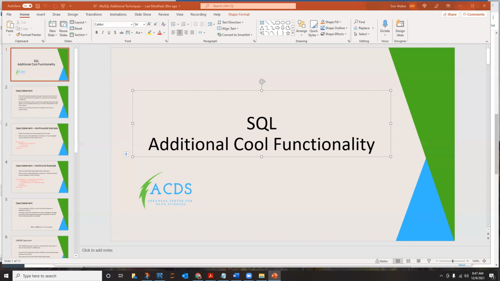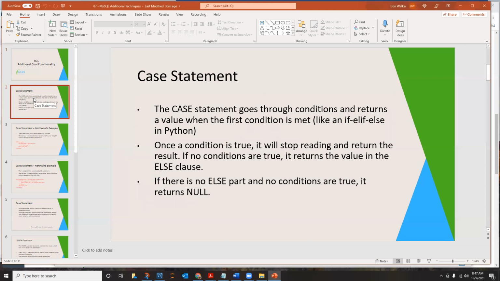So that is what the SQL case statement does, and it embeds in a select statement,